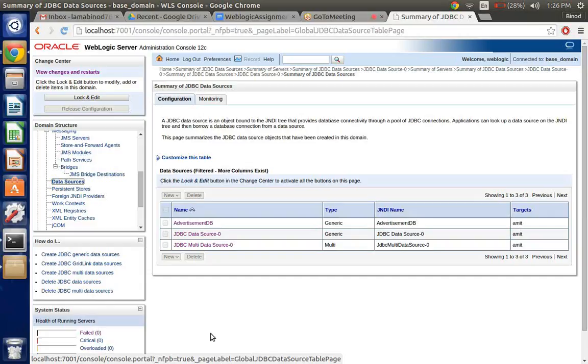Okay, did you click on that monitoring tab? So any queries on multi data source or data source? Vinod, Amit or Sadev,